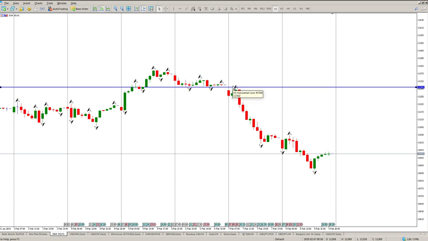I've come back to test it. I've failed to get above the previous fractal. So what am I creating? A high, lower high, lower high. It's a downward trend. So that is a short because I've broken through this fractal and my stop would be above the previous fractal. And you can see how we rallied to the downside. Now, through the day,